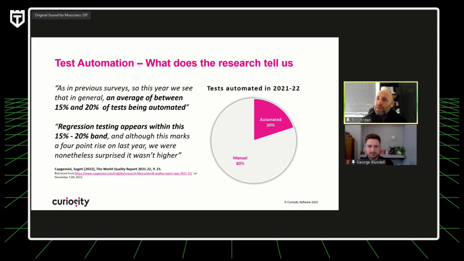And as Joe mentioned earlier on, the analysis, and we're talking about the World Quality Report here, suggests that automation accounts for only 15 to 20% of the testing that we do. There's an implied assumption there that we're talking about test execution, rather than everything being automated, but we'll run with it. And part of that as well, regression, which historically you think of as the bedrock of opportunity for automation. Again, that sits at the 15 to 20% band, which is not great.